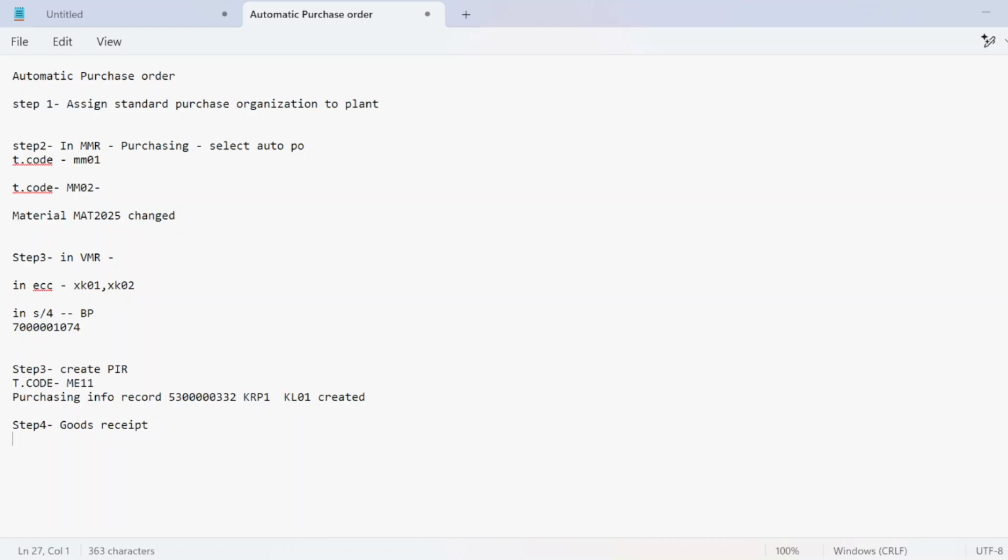But sir, if we are not making the PO just to save time, is creating an auto PO going to take more time? No, how is it going to take more time? PO creation does not take time. Whatever I'm doing, I'm explaining; otherwise, I could have done that in 5 to 10 minutes. The time is in sending the PO to the supplier and getting it back, then he sends the acknowledgement, and only then he sends the goods.